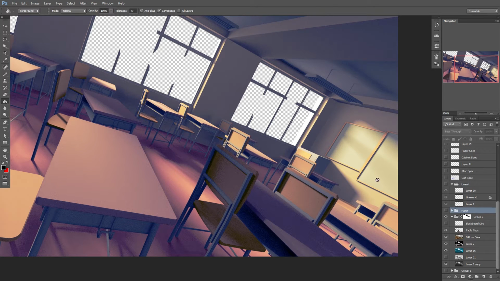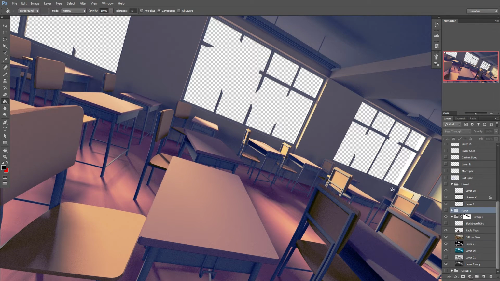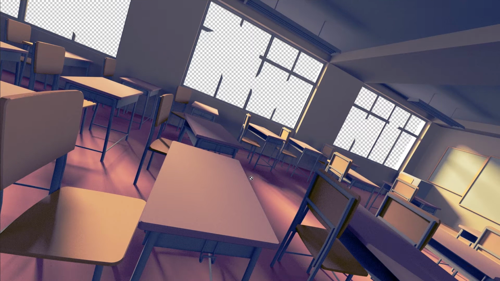Oh, let's get rid of that because that wasn't in the render. As you can see, it's really grainy. You can fix it by rendering for a longer time in Cycles. I didn't do that because I wanted a film effect on the actual image itself. So I left that in there, no problem. I didn't render for too long. And then what I did was I went over it with